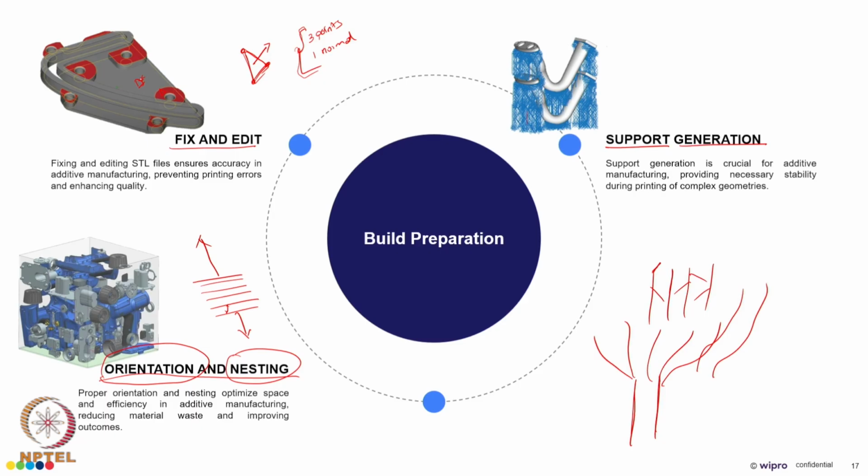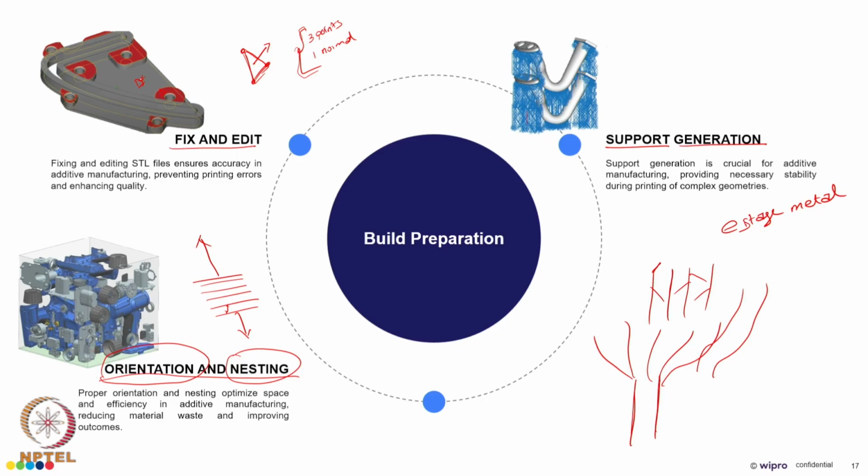And when it comes to fix and edit itself, in Materialise Magics, we have an automatic fix and edit option which does the work in a very easy way rather than taking much of the manpower. And when it comes to support generation, most of the softwares are coming up with automatic support generation. Still we have optimized support generation options coming up newly, and even in the case of Materialise Magics itself, we have E-Stage Metal as a separate plugin which can be installed in the Materialise Magics software,